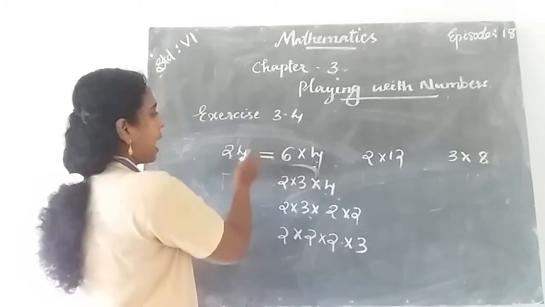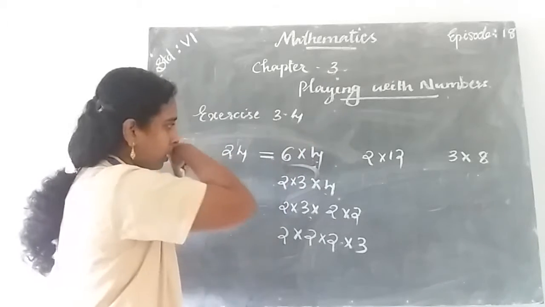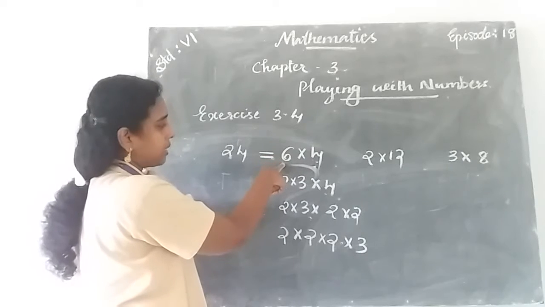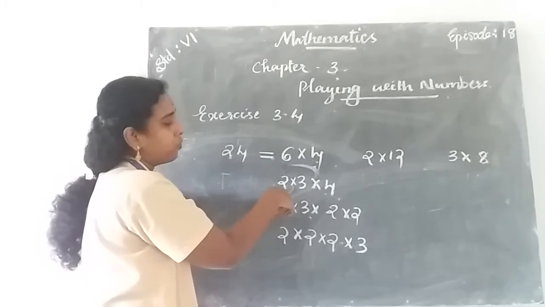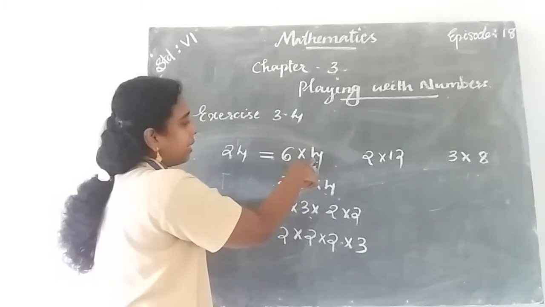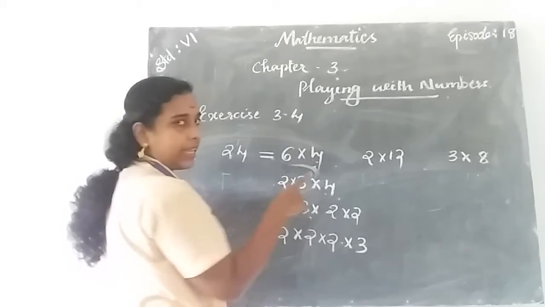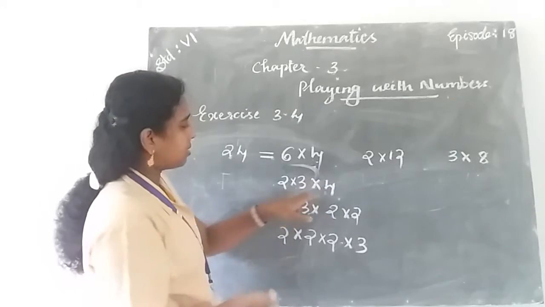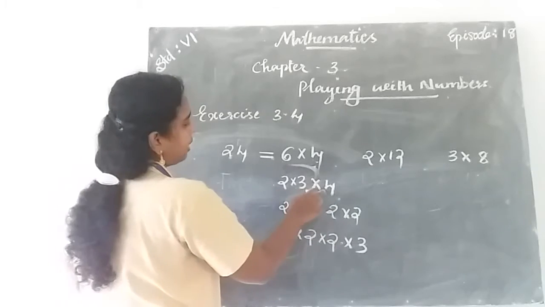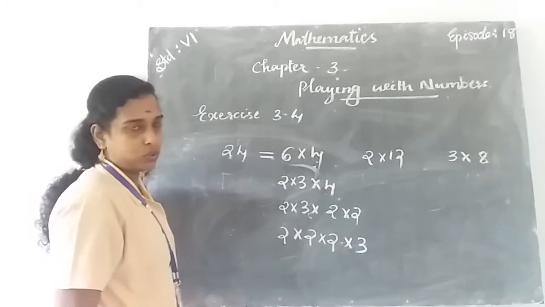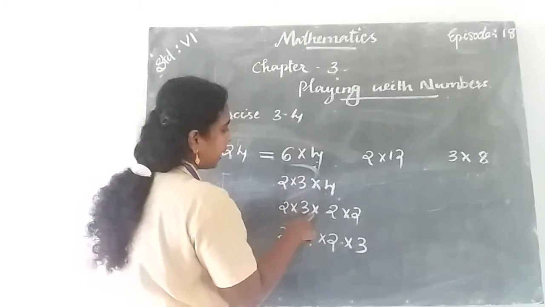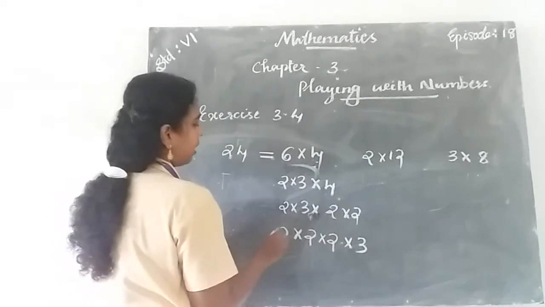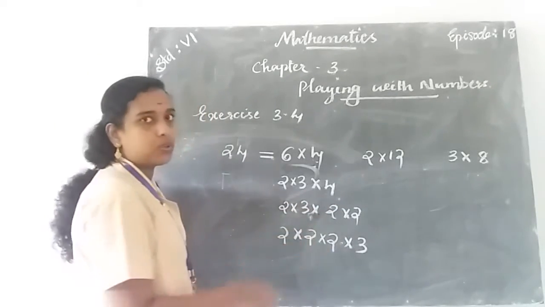Okay. First we write 24 expressed in terms of the product of two numbers, that is 6 into 4. Then we first factorize the 6. 6 can be written as the product of 2 and 3, that is 2 into 3, and into 4. 2 and 3 are prime numbers. So the next number is 4. We can write 4 as 2 into 2. So we write 2 into 3 into 4, writing 4 as 2 into 2. And then in an order, 2 into 2 into 2 into 3.